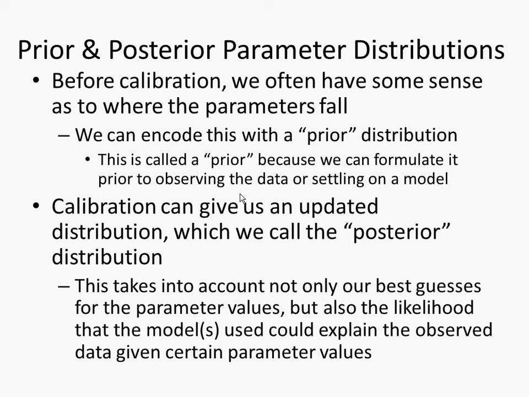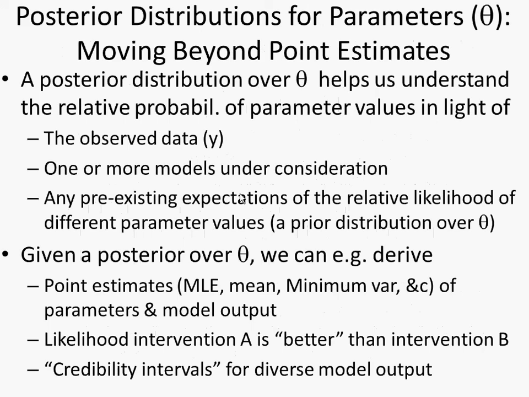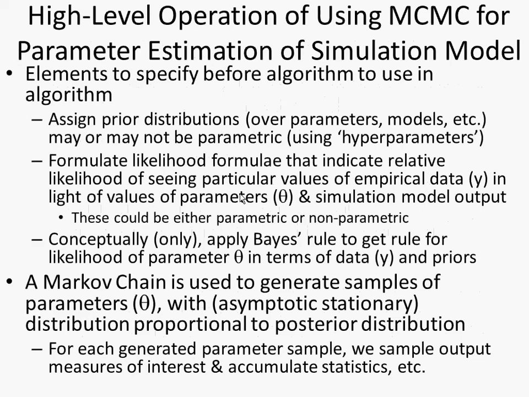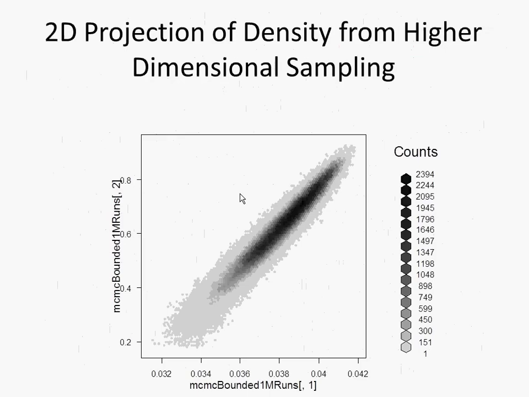We can arrive at, for example, a joint distribution over two parameters. This parameter could be larger or smaller, and this parameter could be larger or smaller. If the one on the x-axis is larger, it means the other one must be larger too. So you could have high values for both up here, or low values for both. But it's unlikely this one will be very high and this one very low. They sort of go together. And sometimes you can get the opposite. You can assume a high rate of contact and a low chance of transmission, or vice versa. Okay,